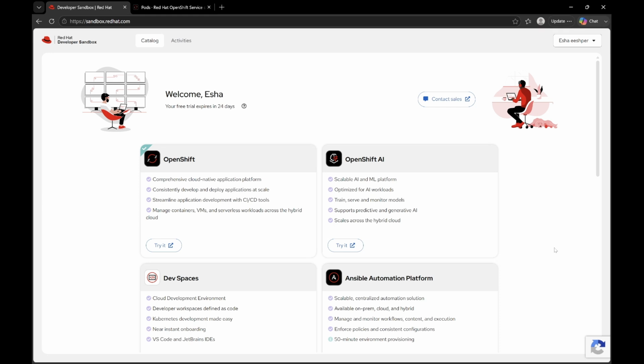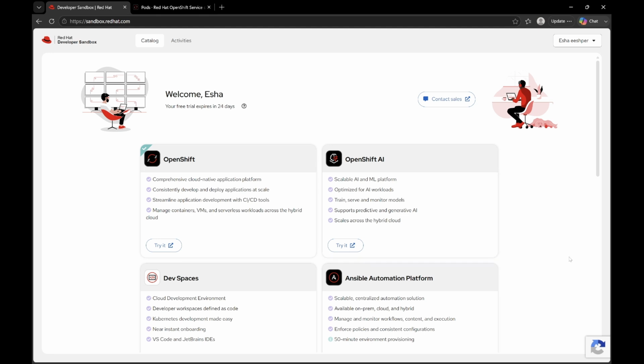In this video, I'm going to demonstrate a practical application onboarding and deployment process on Red Hat OpenShift using automation and a CI/CD approach. In this demonstration, we'll cover two different approaches to application deployment automation, which are GitHub Action and Tekton pipeline.